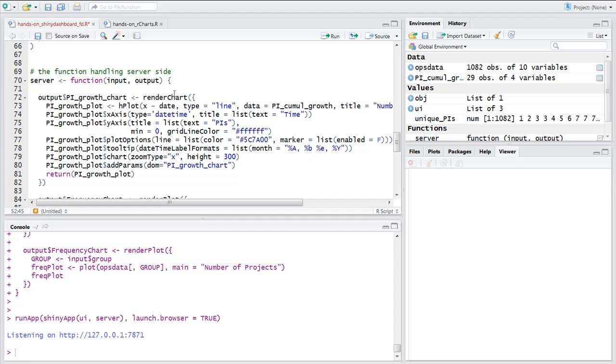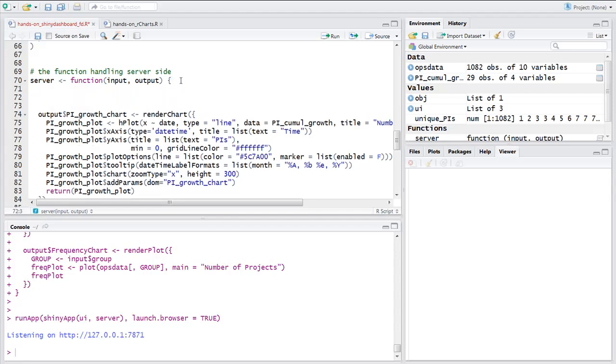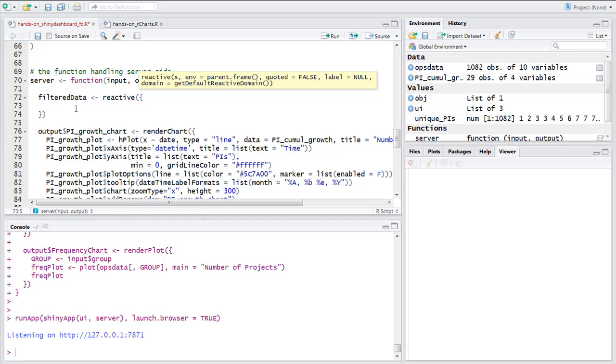Coming back to our server function, let's create the reactive dataset. We can name it first. Let's call it filtered data. We want to filter our dataset called PI cumulative growth, used in this time series. To create a reactive dataset, you need to use the reactive function. Inside of the reactive function, let's subset our PI cumulative growth dataset. We will call it filtered PI growth,